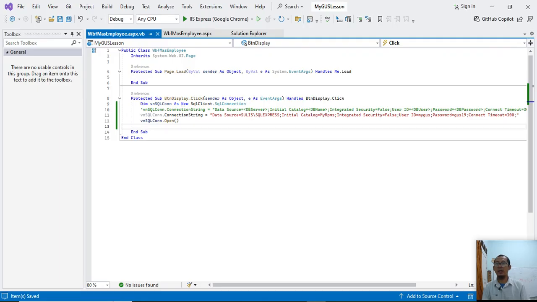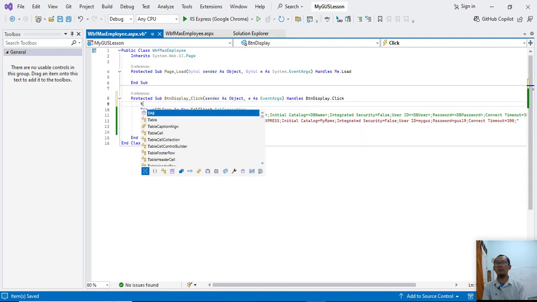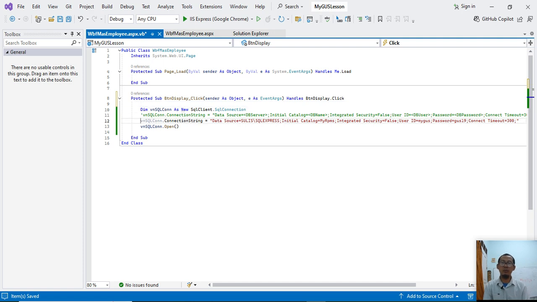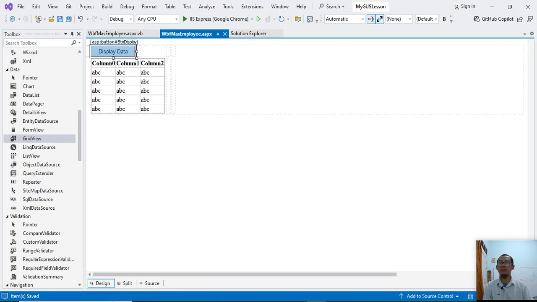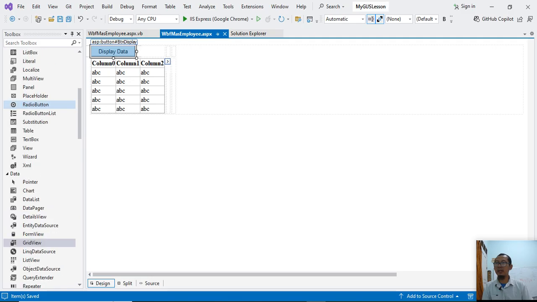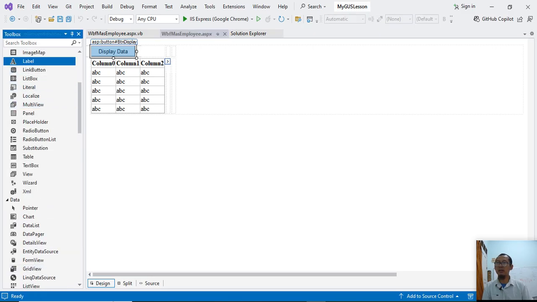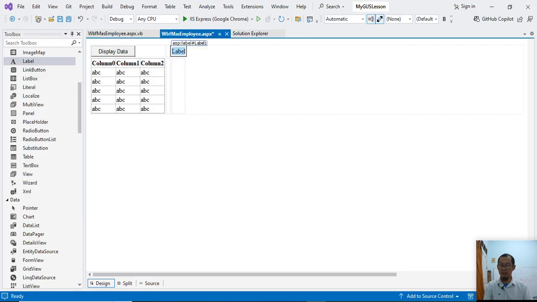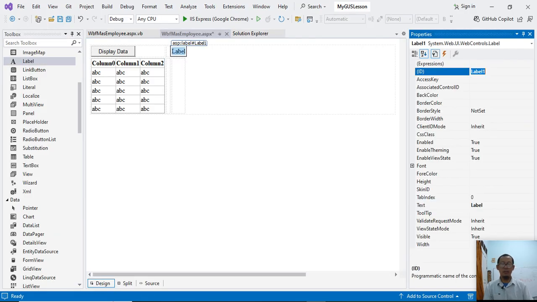Let's try what if the password is wrong or we fail to connect to the database. I will put a label here, and put the label here. I will use this label to display a message.